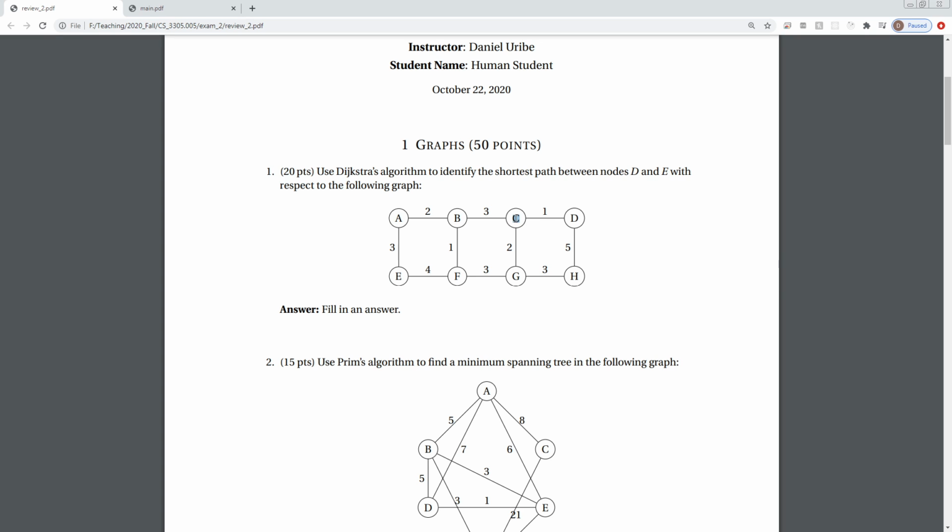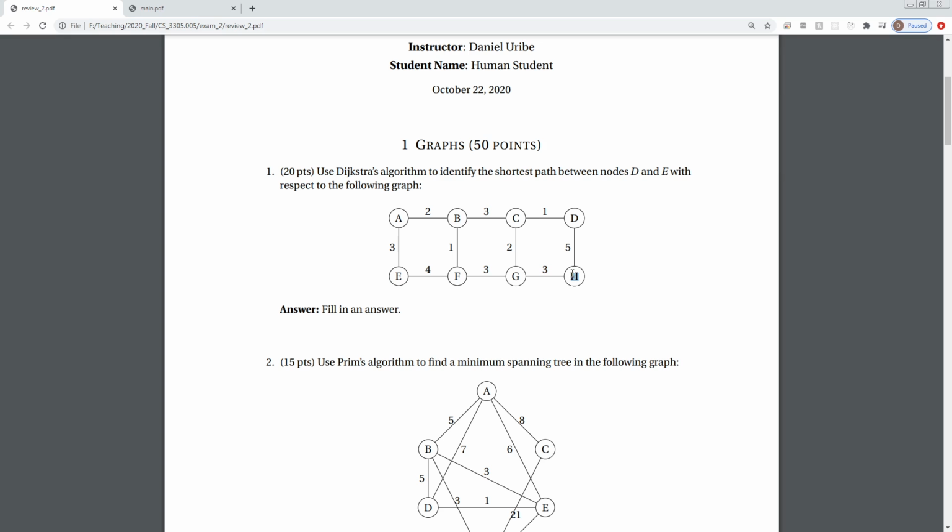Okay, and so from D to C we have B, G, or B and G, and then we exclude D because D has already been solved. And so then we go from C to G, and we say, okay, well, we update our shortest paths, and we say, okay, well, we have a new shortest path for G, and we have a new shortest path to B, and then we pull from this, and we say, okay, well,